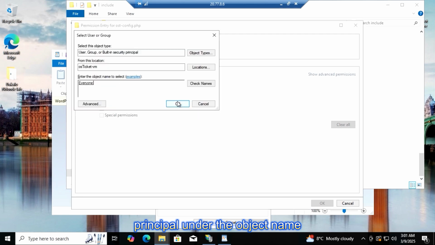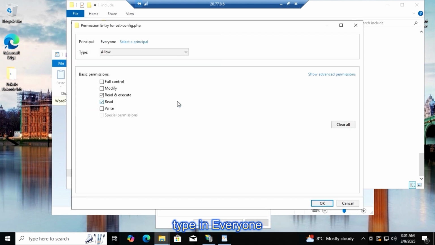Under the object name, type in everyone, click on check names,